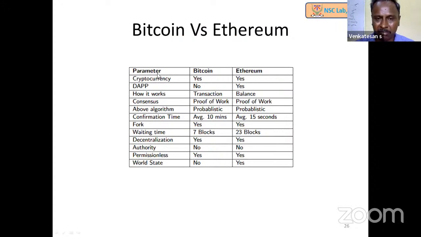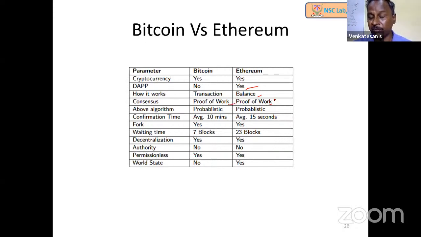So this is the difference between Bitcoin and Ethereum. I have done some analysis and given it here. Let's say Ethereum is also a cryptocurrency. As I said, Bitcoin works based on the transaction, however, Ethereum works based on the account balance. So both are cryptocurrencies, and this one is transaction based, and this one is account balance based. There is no decentralized application in Bitcoin, though now there are chances they are trying to, and Ethereum has it, we can bring decentralized applications through smart contracts.